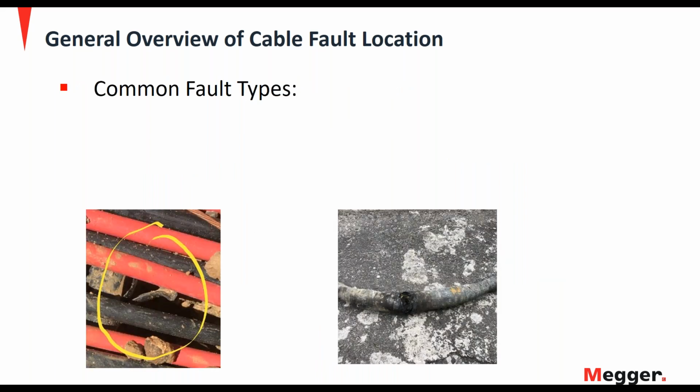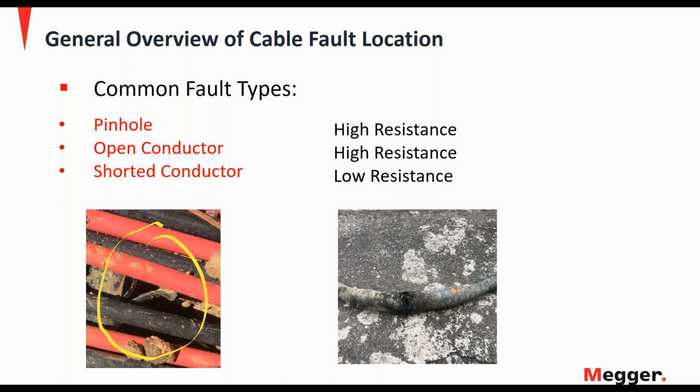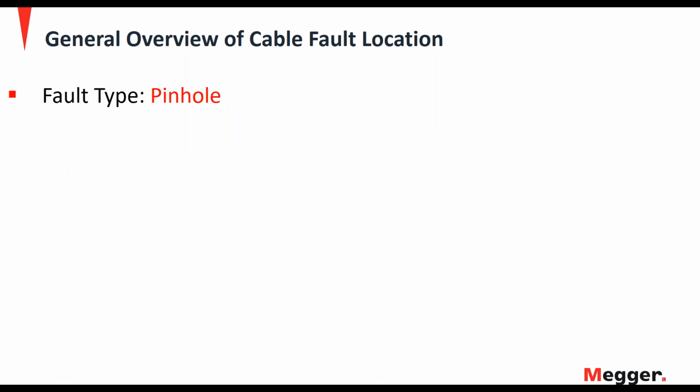So some common fault types. In very basic terms, we could have a pinhole fault, an open conductor, or a shorted conductor. And again, in very basic terms, we can break these apart into high resistance faults or low resistance faults. If we dive in just a little bit on the pinhole fault, this is a very common way that a medium voltage cable can fail,